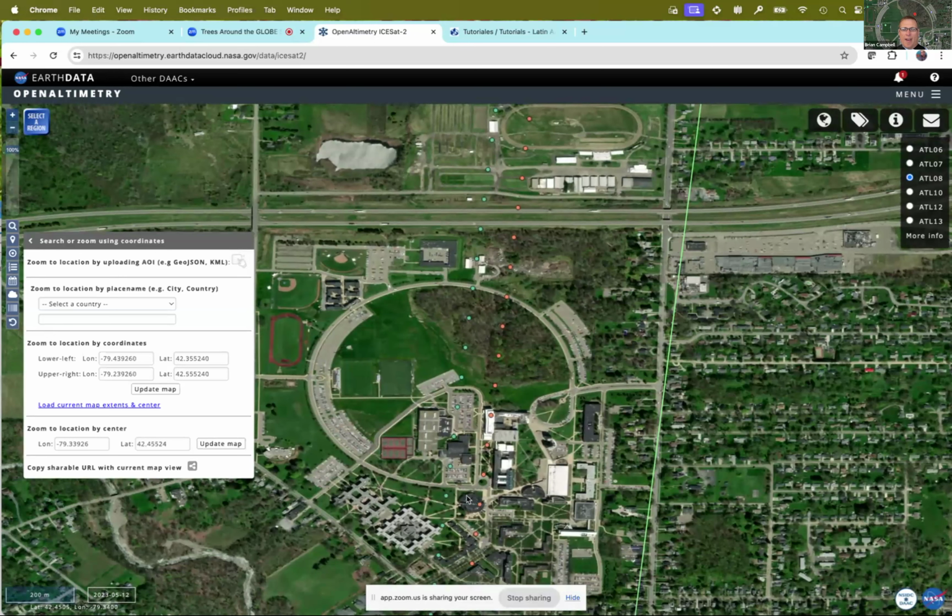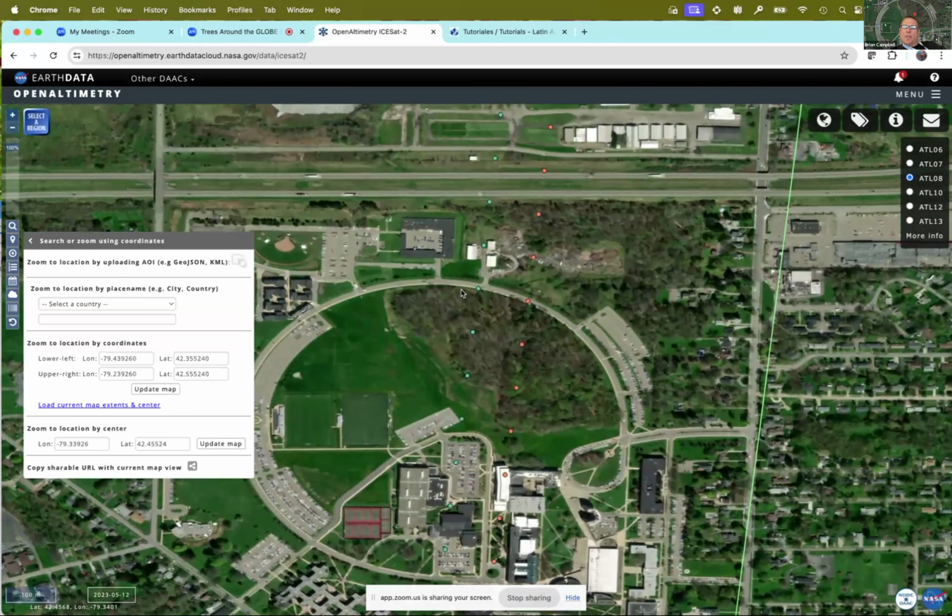And where my cursor is moving around, this is the building where we're going to have most of the annual meeting. As you can see, it's just a short walk to this area that they call Forever Wild on campus, what Peter was mentioning as well. But you can see here that there are several photons on this day that actually went straight through this Forever Wild area. So how do we look at this photon data?